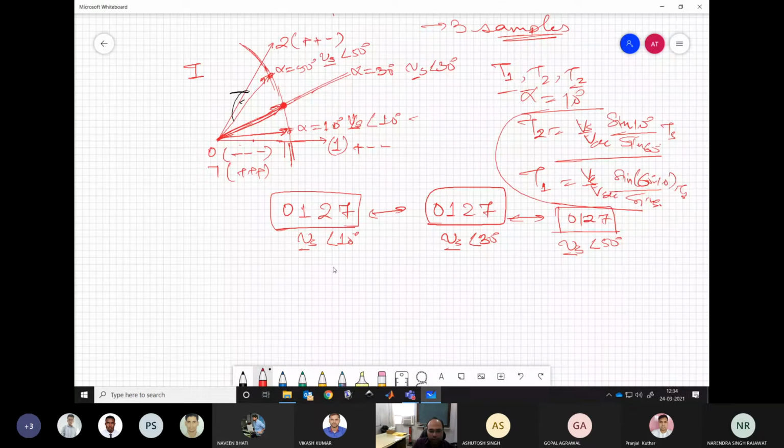Now what is the problem with this? Whenever one sample is complete, this switching is applied and the vector is realized, then at the next instant we are having 3 switchings. So we have started with minus minus minus, then plus minus minus, then plus plus minus, and we are ending with plus plus plus. And again we are starting with minus, minus, minus.